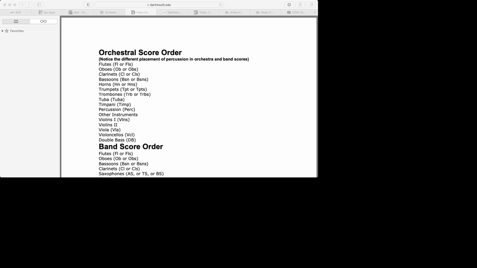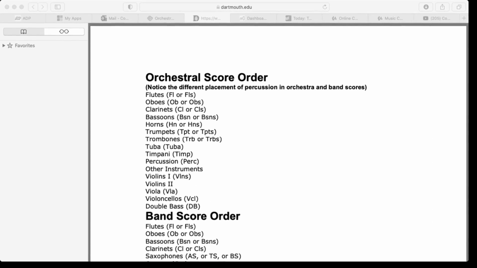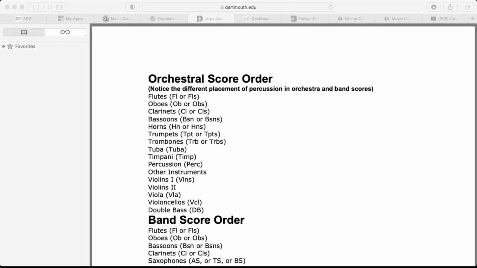In this lecture, we are going to go over score orders. Now, I'm going to just briefly go over orchestral score order. Normally you want thinner woodwinds or higher woodwinds first. You want middle woodwinds like clarinets second, bassoons third, horns fourth, trumpets, trombones, tuba, timpani,